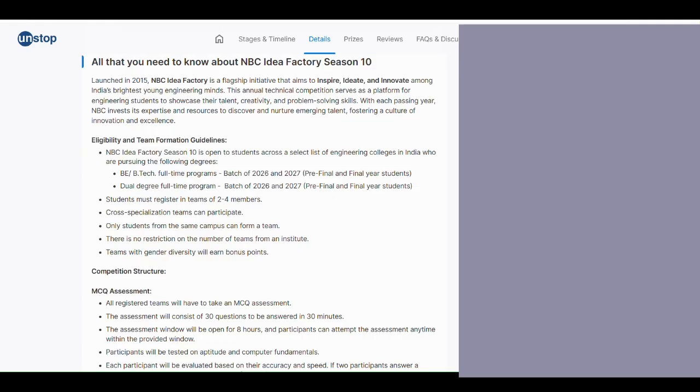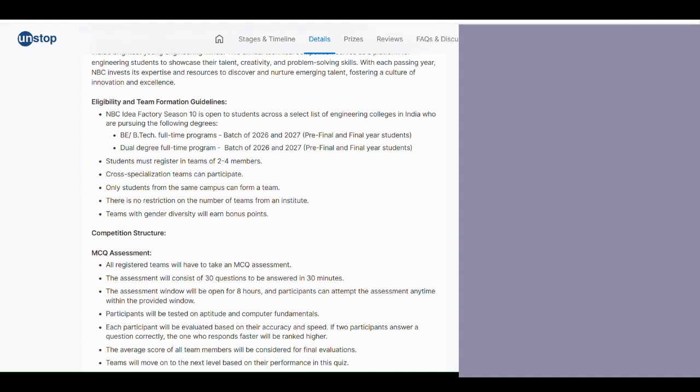And then, what is the competition structure? The competition has mainly four rounds. First is the assessment round, where they will give you 30 MCQ questions. You have to solve them in 13 minutes only. These questions will be based on